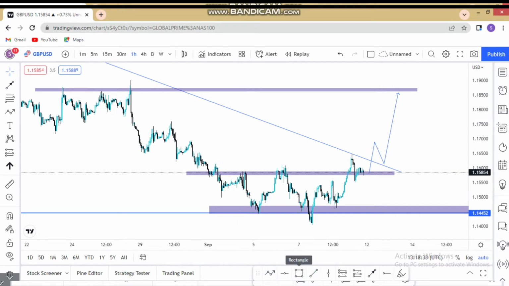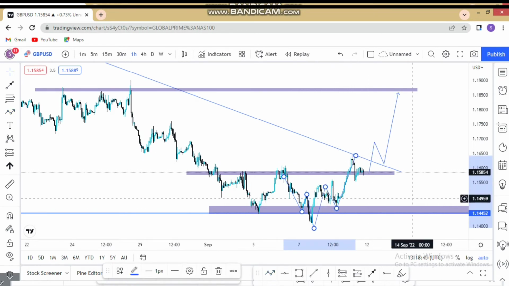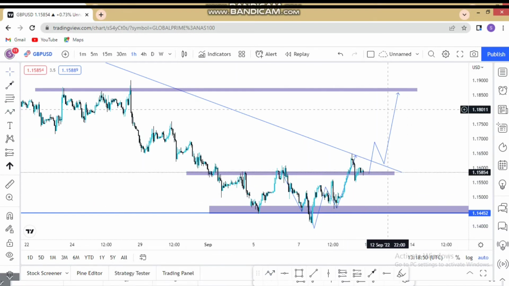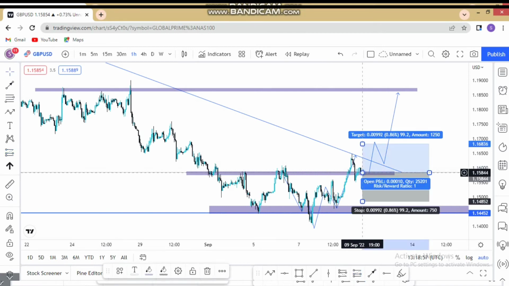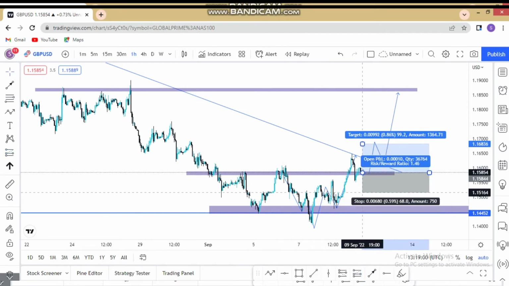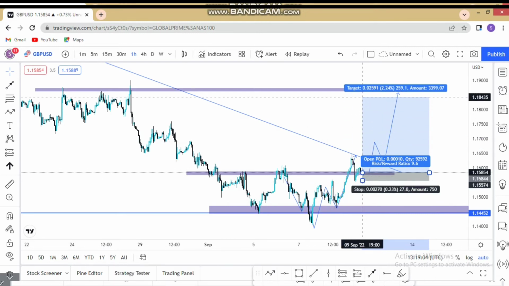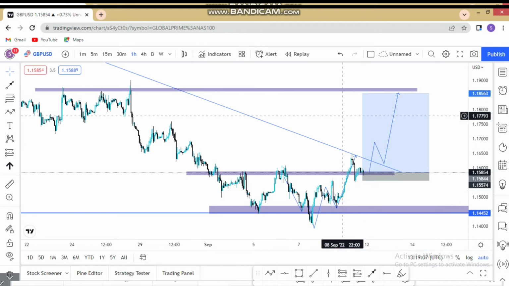If you know what you're doing here, we can say we have a head and shoulder pattern, guys. So as you can see, this is what we are having at that point. So the market from this point can choose to go up, because of that head and shoulder that we're having. So yeah, when the market opens, we can also expect GBPUSD to go up. But other than that, if it gives us a clear confirmation that it is going down, we also take that